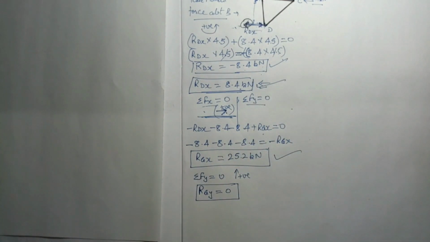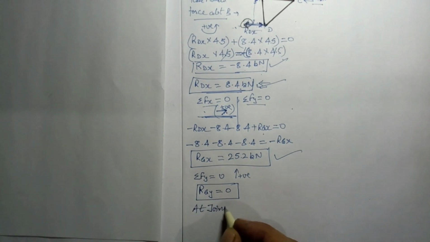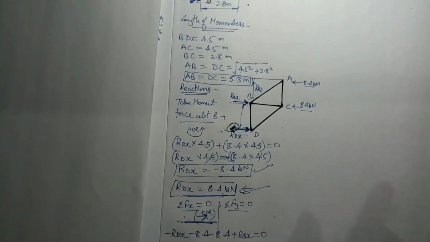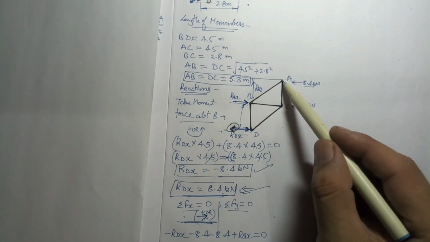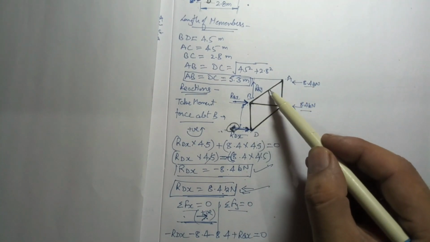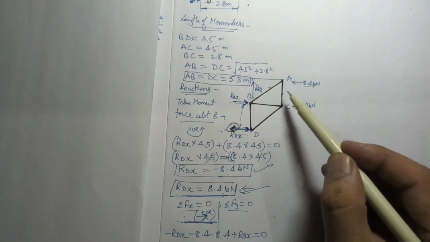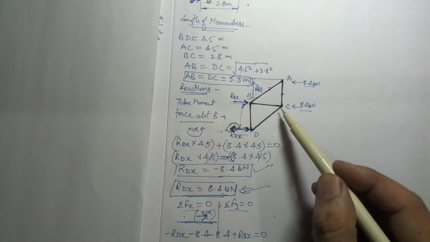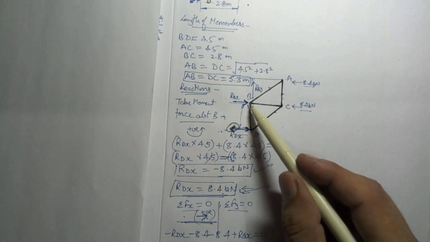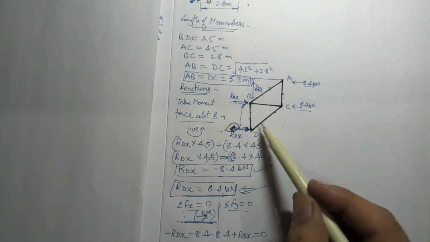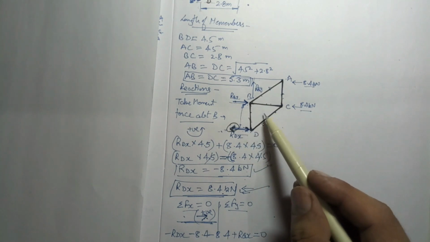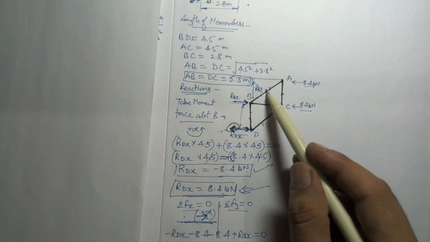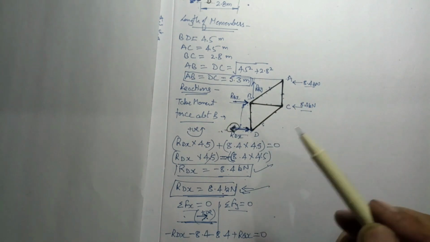Now we will go for the free body diagram of each and every joint, so that we can find the forces in each member. So let's say at joint A. Now why am I starting with joint A? Why should I not take the other joints? It is a rule. Joint A has members 1 and 2, so it has only 2 unknown forces. If I take C, it will have 3 unknown forces, B will have 3 unknown forces, and D has 2 members, 2 forces. So I will prefer the joint first which has a maximum of 2 unknown forces in members.